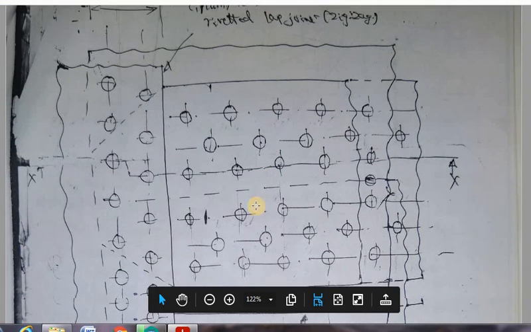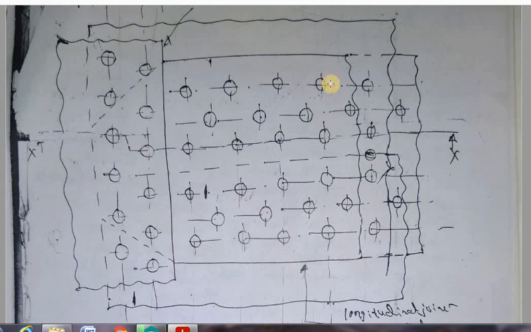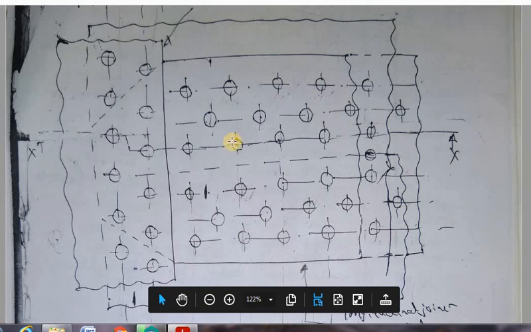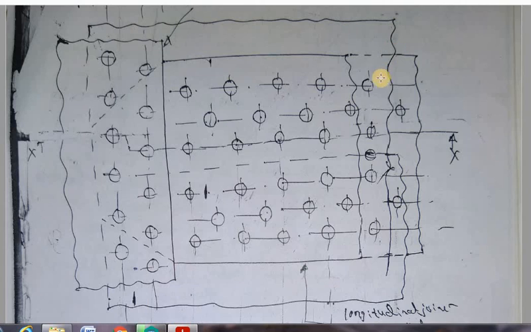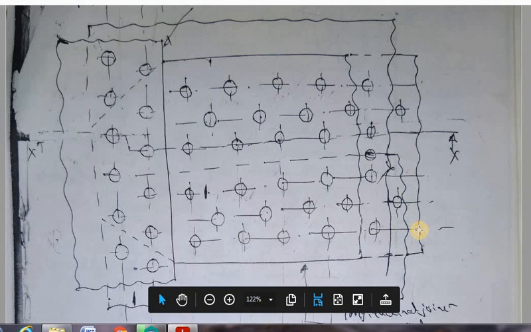So you can see the sketch here. This part students can see here. This part is going to be the figure connected to the triple riveted butt joint. You can see here at the center, this is the parent plate up to here. The dotted line is also one parent plate. From here to here, I have the another plate. This is the bottom cover plate. This is the top cover plate.